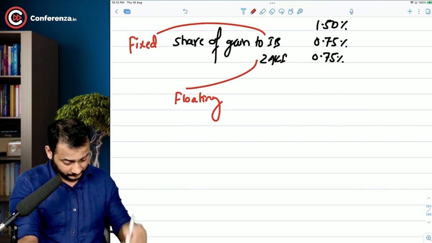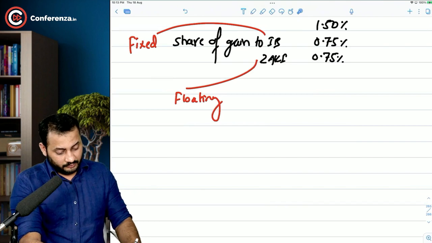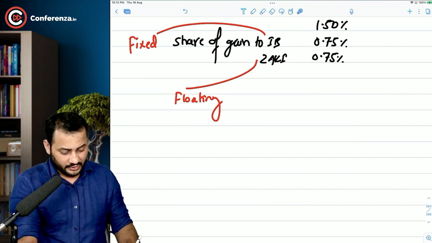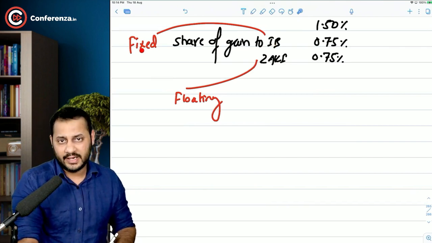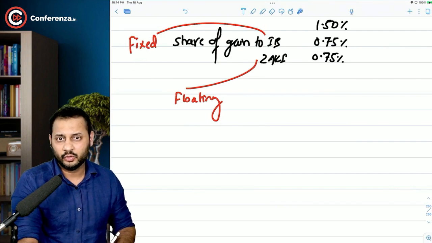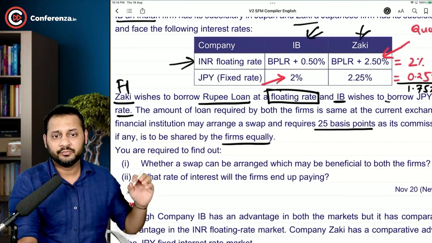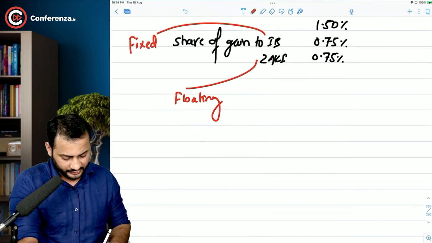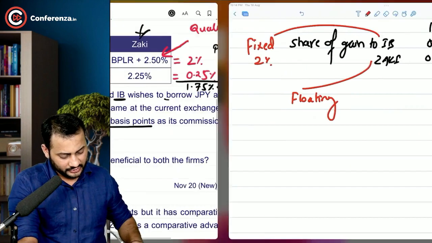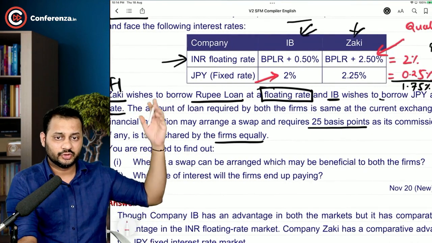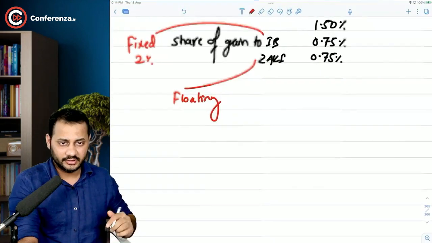Okay. But just understand one thing. If IB directly goes to the bank and borrows the loan at fixed rate, it will cost him 2%. And to Zaki, if it directly goes to borrow the floating rate loan, it will cost BPLR